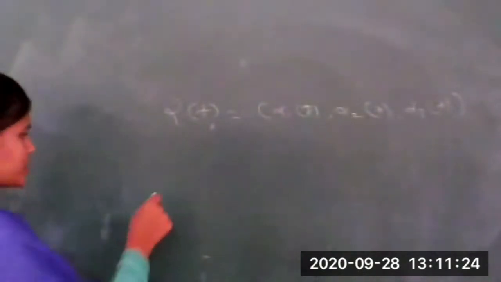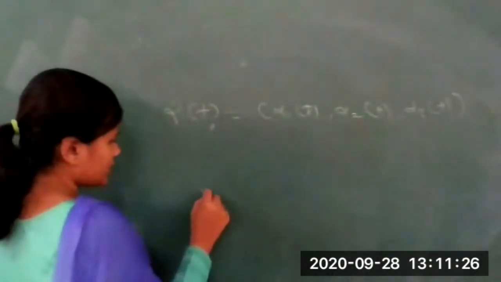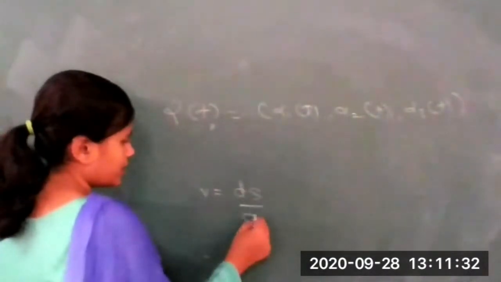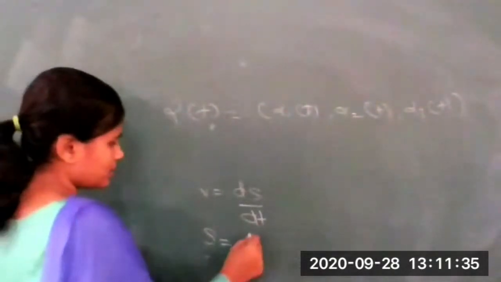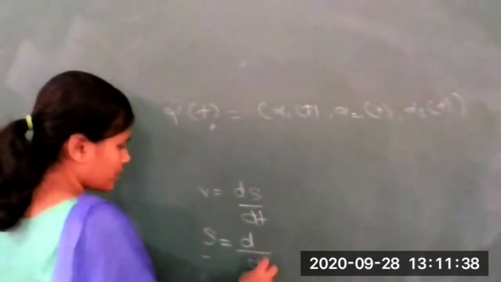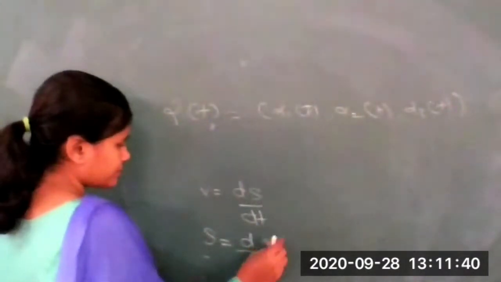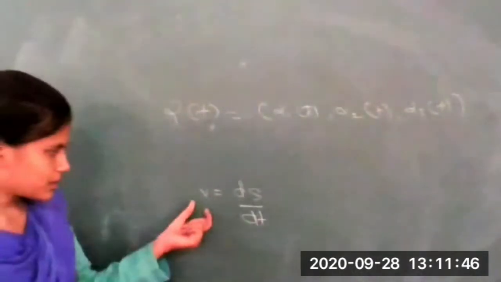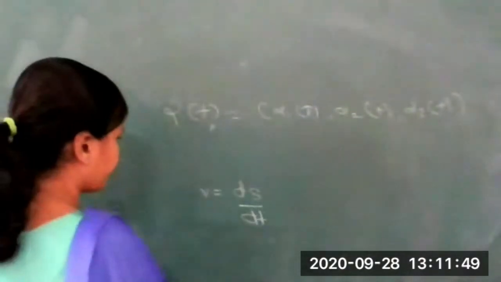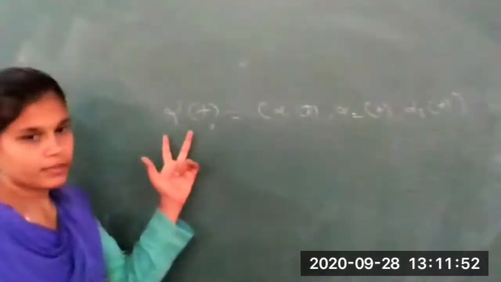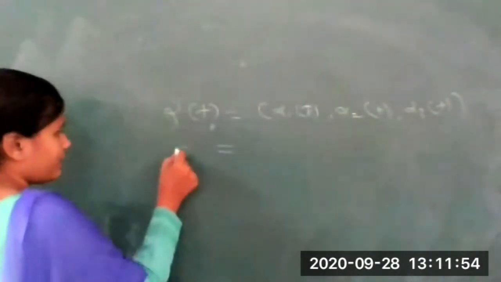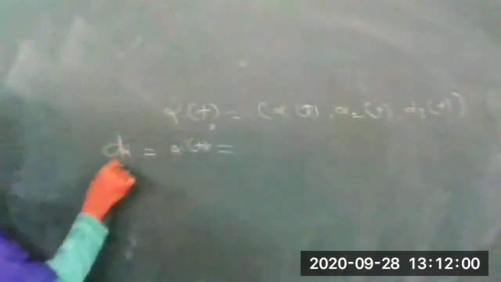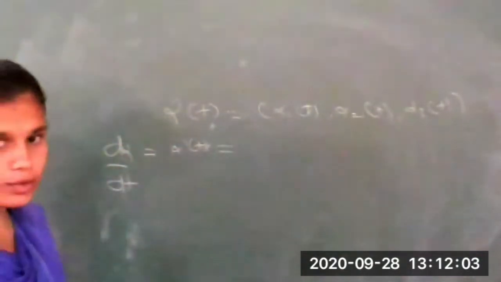Correct? Somewhere in physics you have studied that velocity is nothing but the rate of change of displacement. So here it is ds by dt, and speed is nothing but rate of change of distance. Okay, so we will concentrate on velocity. It is nothing but the rate of change of a displacement. That means here it is our curve alpha of t. How are we going to take the derivative? This will be alpha dash of t, or you can write d alpha by dt, that is, if I am differentiating this with respect to time t.